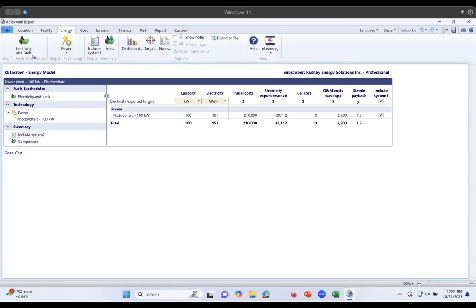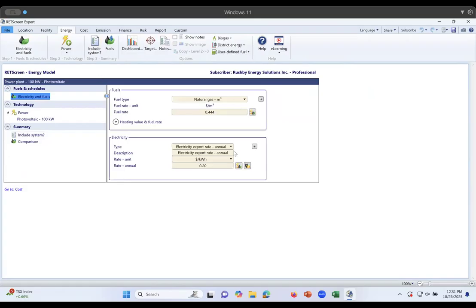So we're going to start with step one, which is to set our fuel and schedules. Here we can set our export rate for exporting the kilowatt hours to the grid that our solar PV system is generating. Here it's got 20 cents per kilowatt hour as the default rate, but we can adjust that if need be. We're going to skip over to step two, though, which is looking at the actual energy model